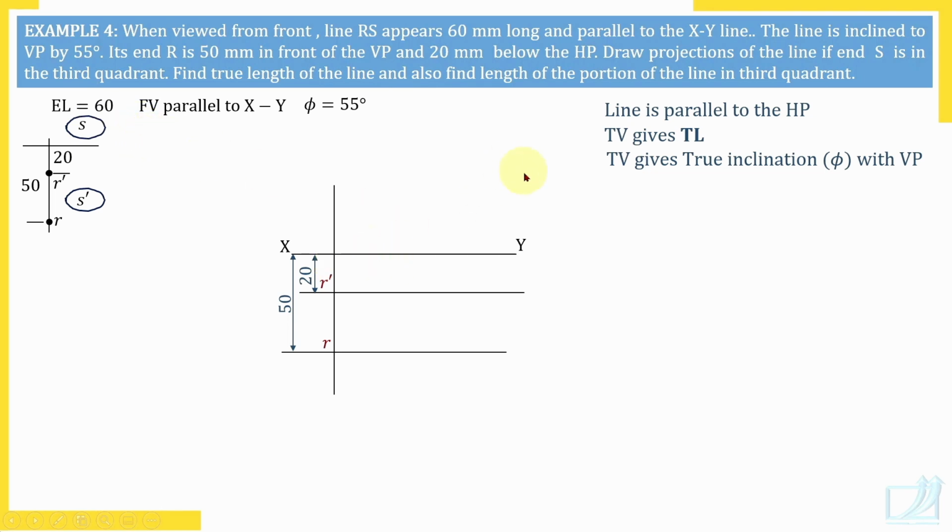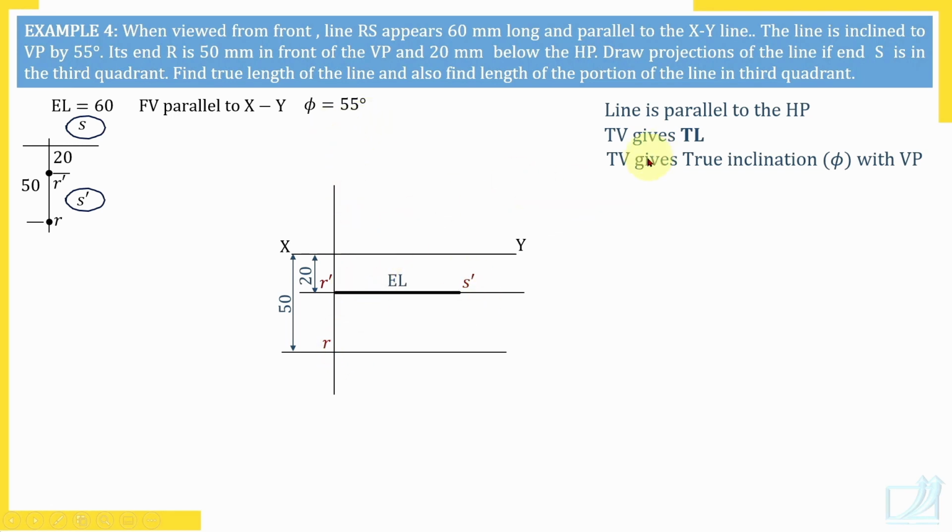So simple. We know that front view is parallel to XY line and front view length is FVL. What do you mean by FVL? Front view length. So the length of front view is known, 60 millimeter, and also we know that front view is parallel to XY line. So front view means R dash S dash. So R dash S dash I have measured 60 millimeters. So FVL is 60 millimeters. So we got the front view. We could complete the front view easily. Now